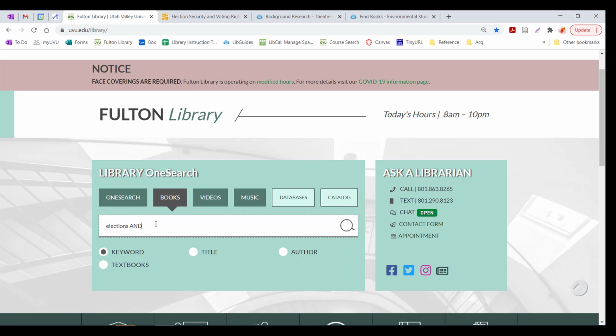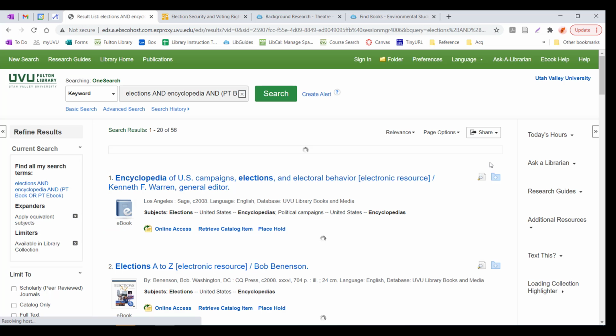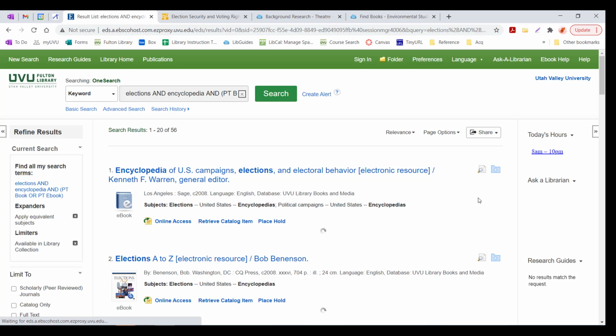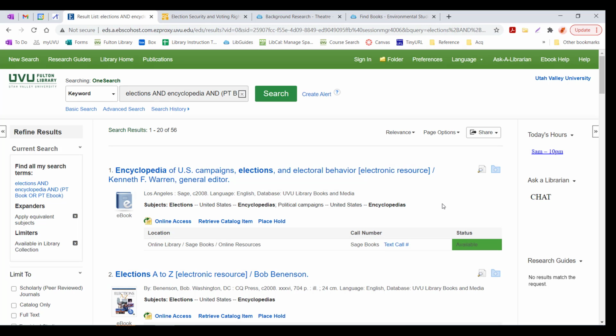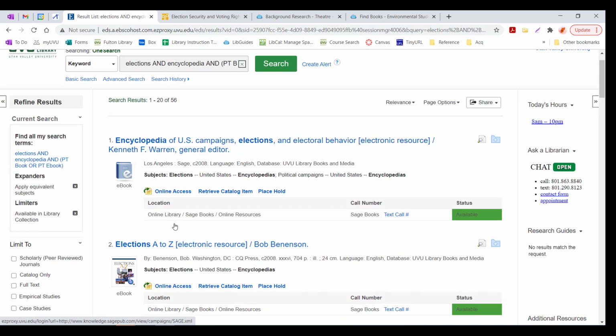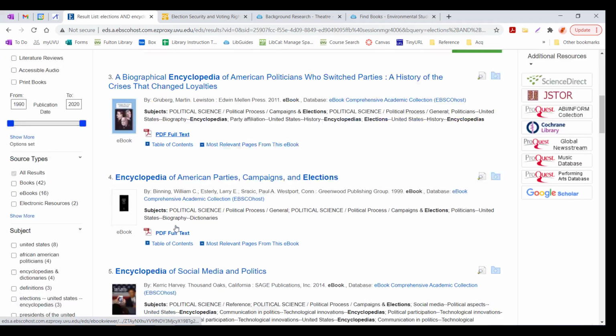And then I'll use the word and I'll type in encyclopedia. So now once I do my search, I'm telling the database that I really want books about elections, and I want it to probably be an encyclopedia, a reference work. I'm just going to go ahead and do that search. Once I get my list of results, I can start to scroll through the titles and see which ones are relevant to my topic. Some of these are going to be ebooks that I can use the online access button to access, and some will be